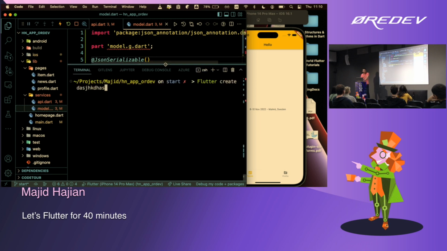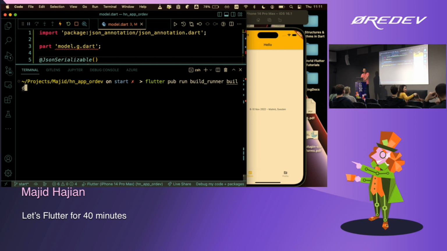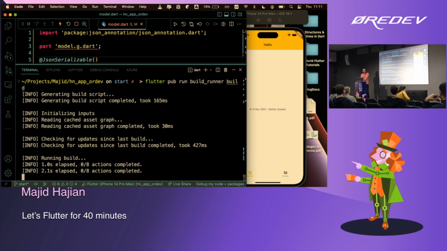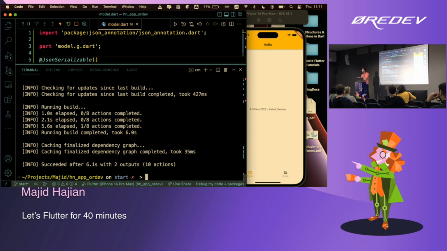That's it. So what I'm going to do now is go to my application, and I say flutter pub run build_runner build. Let me just make it bigger. That's the syntax, as simple as this. Now, if I run this, I hope there is no error. There is, okay. So build runner is going to take care of finding this annotation and generating the code that it's supposed to. If you don't know the behind the scenes, that's fine.